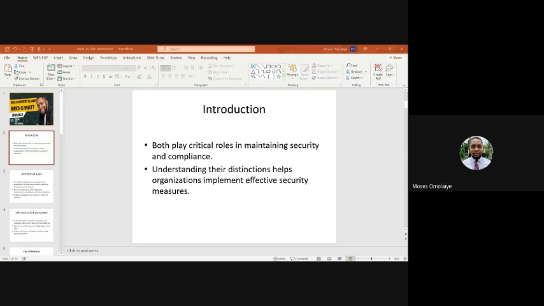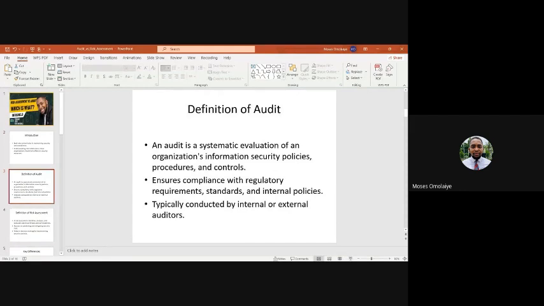And then when we talk of internal policies, companies also have internal policies, because you cannot run an organization without having your policies in place. So when we talk about internal policies, we're talking about the policies within the organization. The organization can have internal policies surrounding information security, and that has to be met.